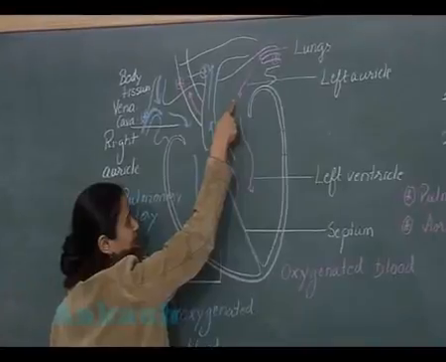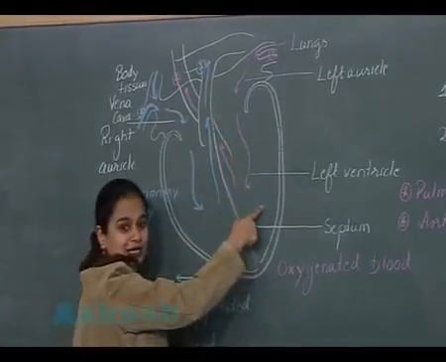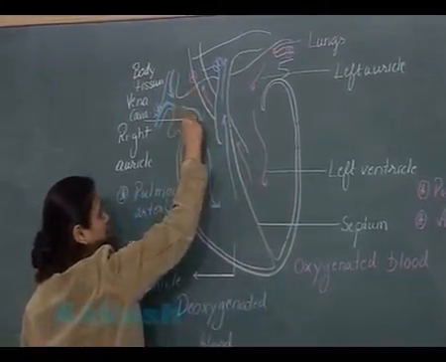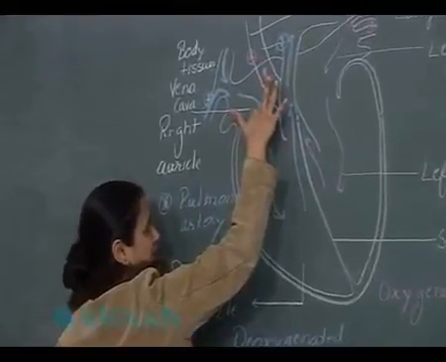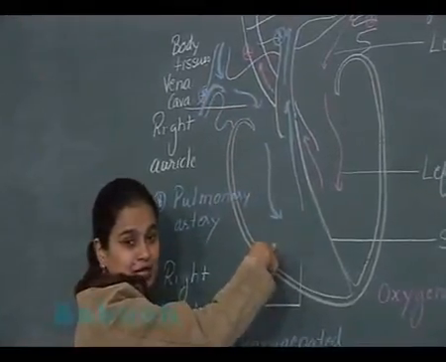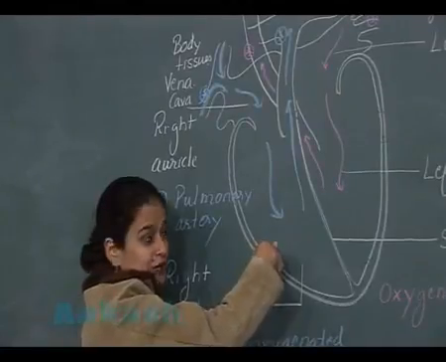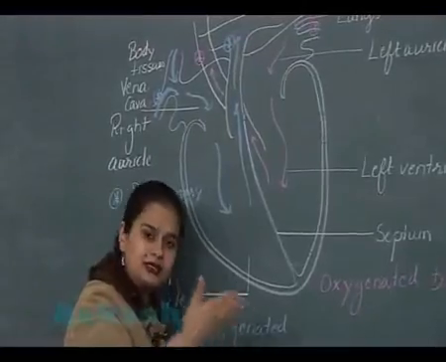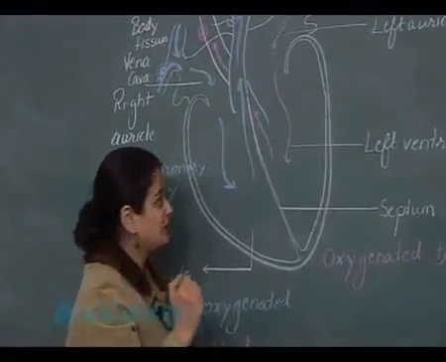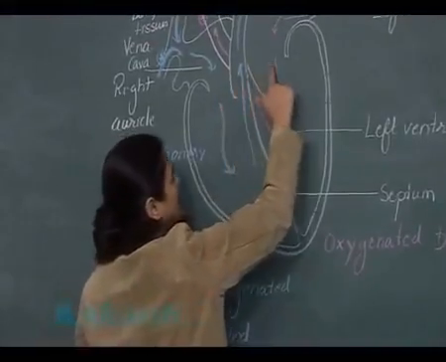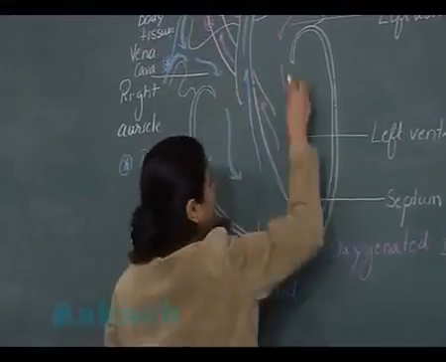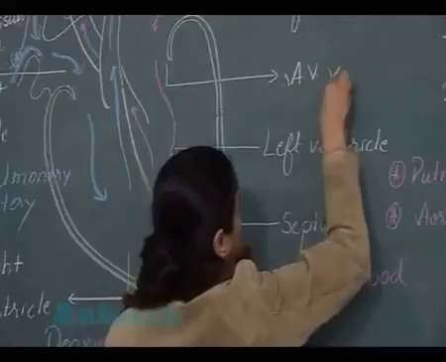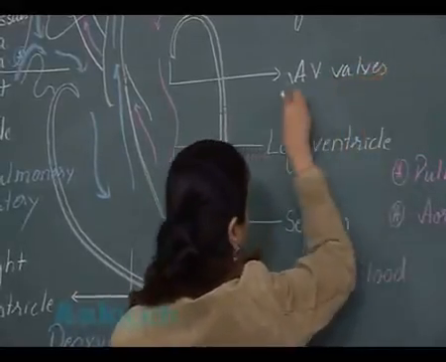The blood present in the left auricle is going to be transferred to the left ventricle. When the right auricle is going to contract, the blood which is present in the right auricle is going to be transferred to the right ventricle. So at the time of the atrial systole, the blood from the auricles is going to be transferred to the ventricles. It means these valves which are present here should be present in the open state, and these valves are going to be known as AV valves or